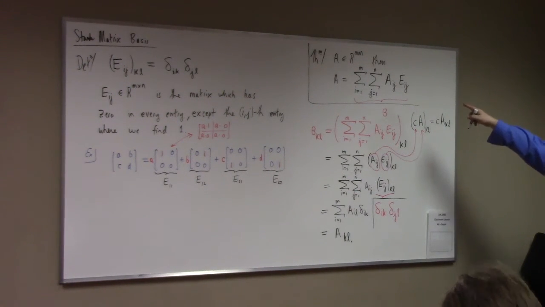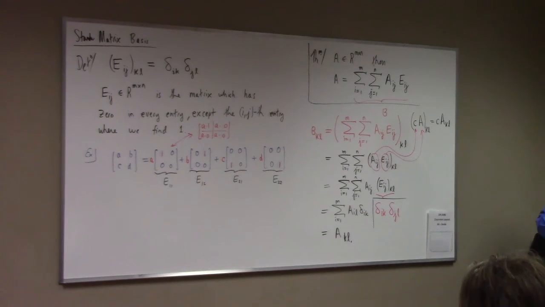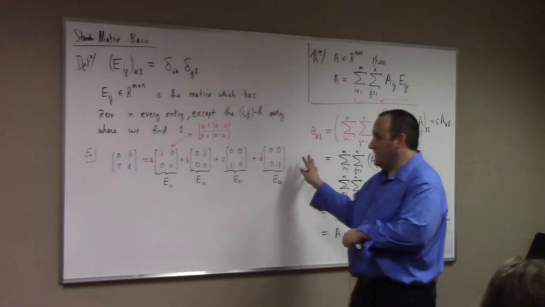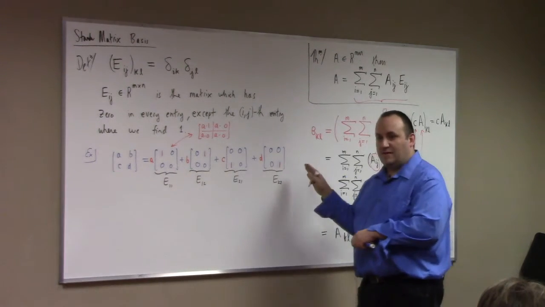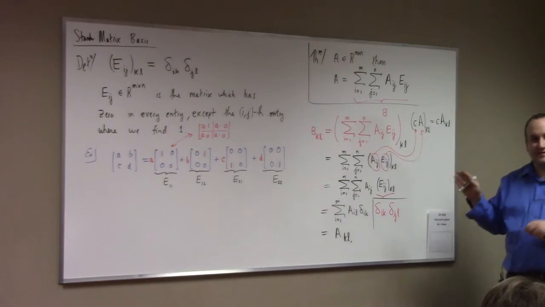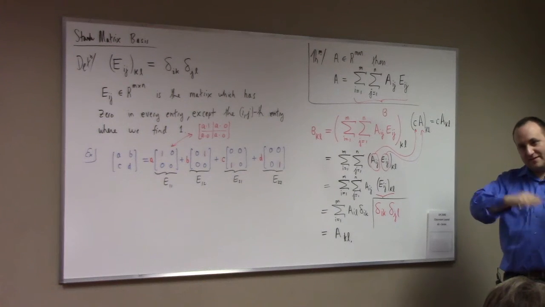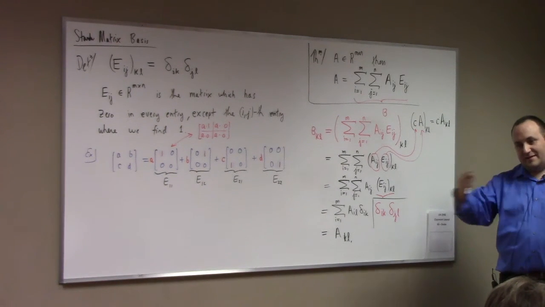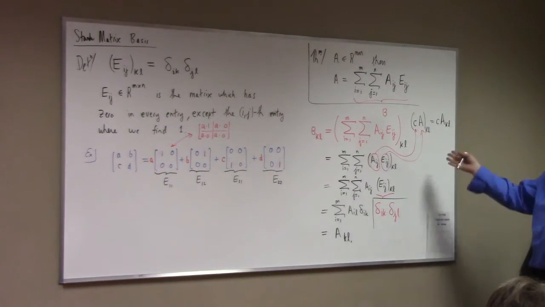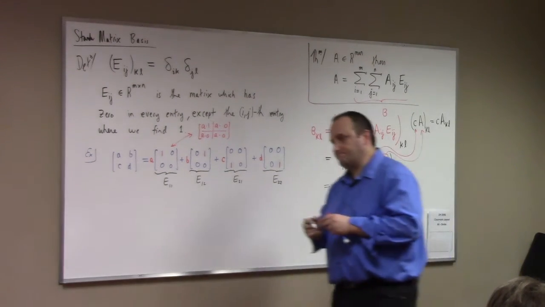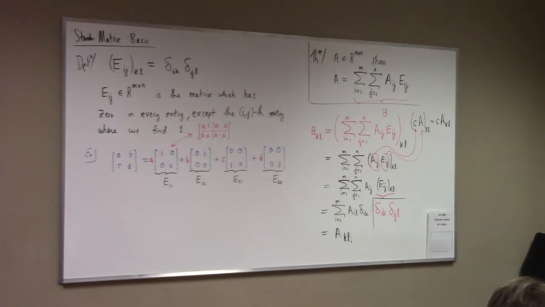That shows that, in fact, yes, any matrix is a linear combination of the e_ij. I don't know about you, but the idea of trying to write that out in this notation is unpleasant, because I would have to write big arbitrary matrices with lots of dot, dot, dots, and then dot, dot, dots worth of those. It's just a mess. This is a much better notation to express such a thing. But I do realize that index notation has a learning curve, which is why I'm spending time on it.